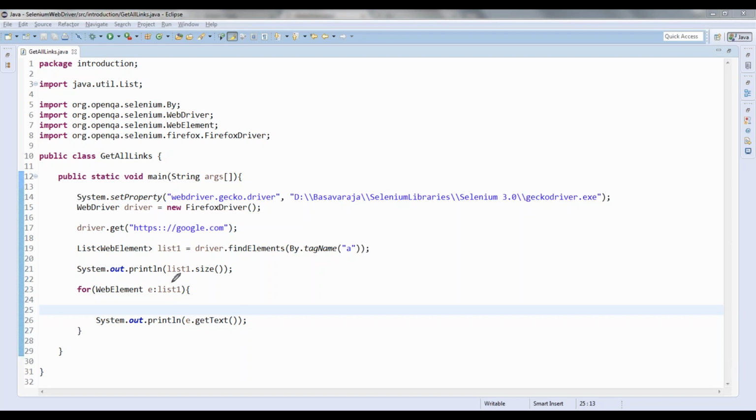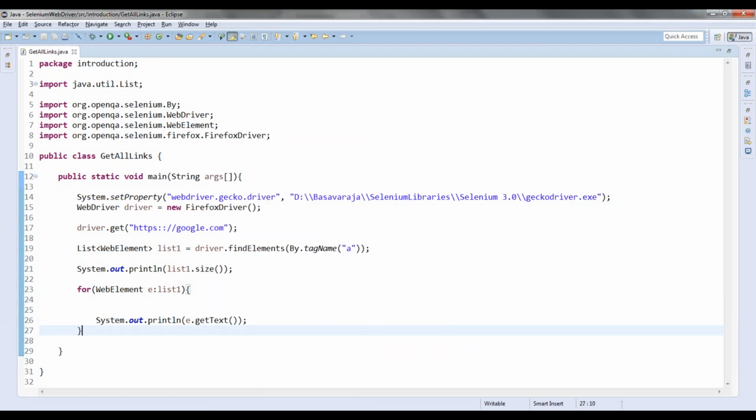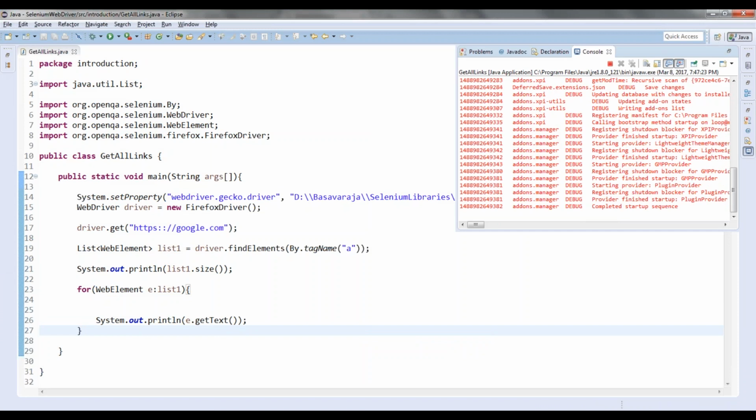That is the for each loop, for each type of WebElement of list. So for the first iteration, list1's first item will be added to this particular WebElement, and then it will perform the operation on that, right? So let me run this, and let us see whether it will give me all the text in that particular web element or not.